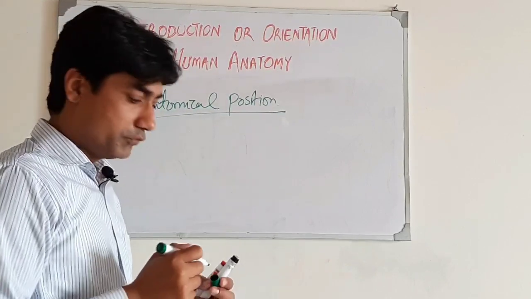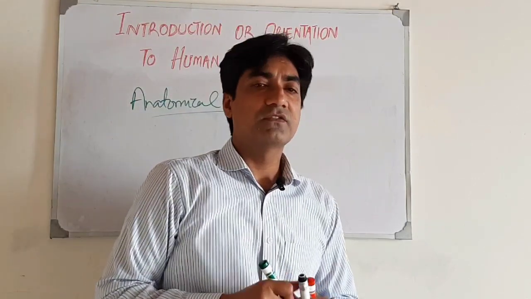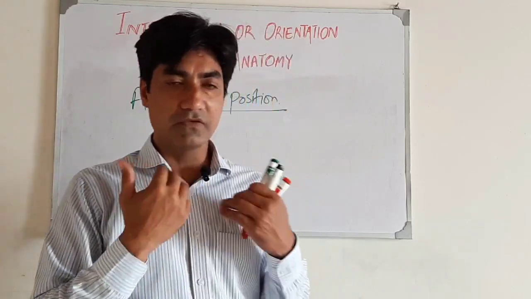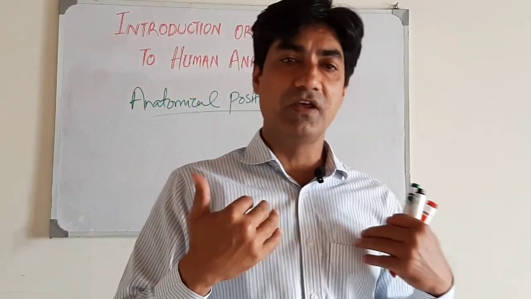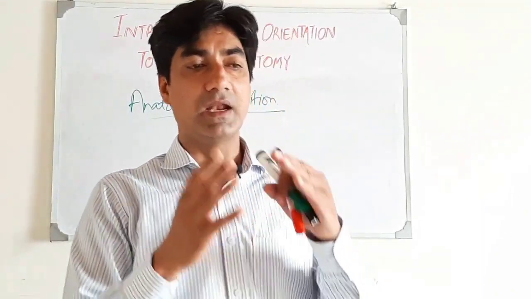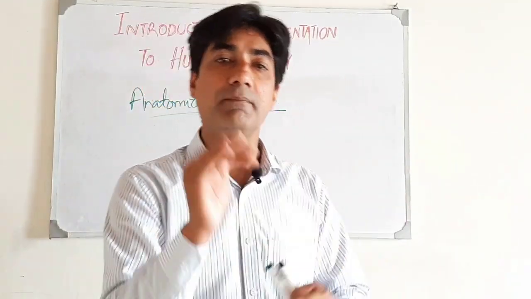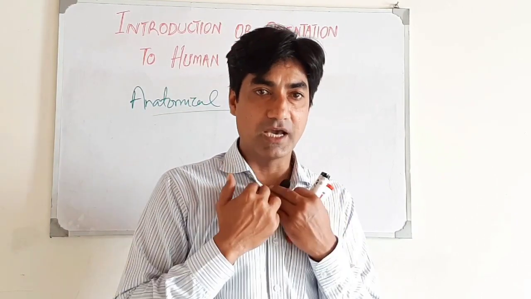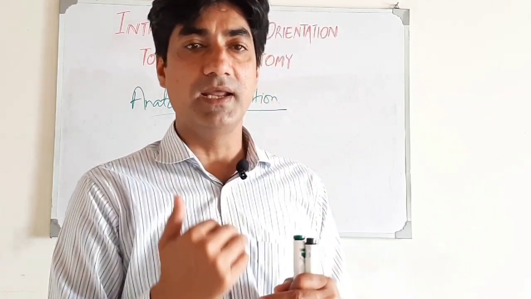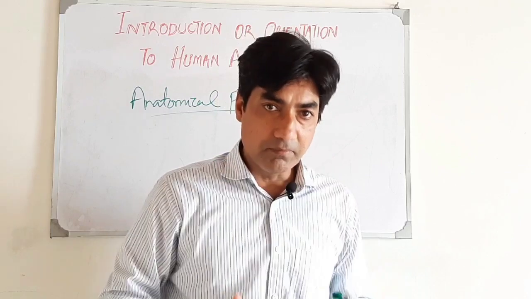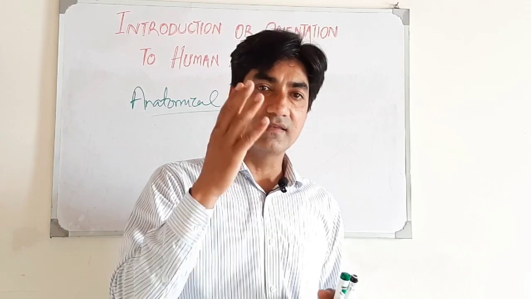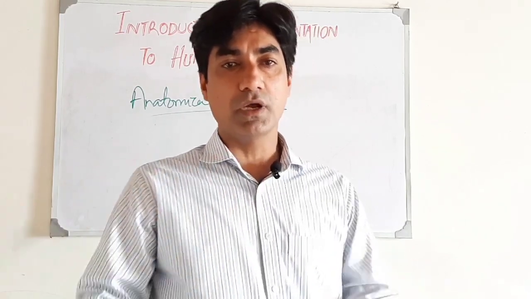In anatomical position, we see the proper location of the structure of an organ, because where is the aorta, where is the thymus gland, where is the proper location of the heart, and how to describe that organ in a proper way. For example, the thymus or aorta is superior to the heart, and the heart is medial to the lungs, because we cannot describe the structure without anatomical position.